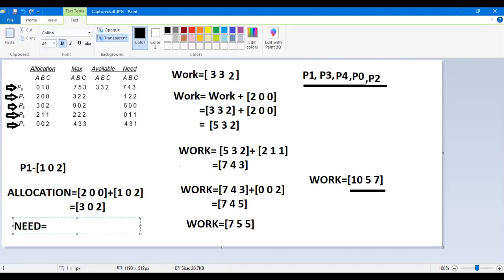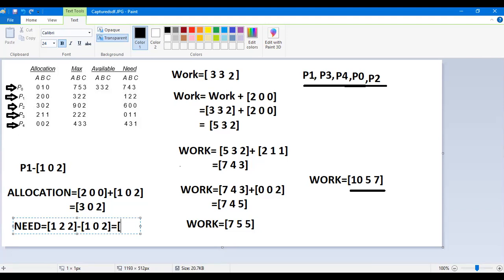Current need is 1, 2, 2, and now we are allocating 1, 0, 2. So we need to subtract these values from the need because we are already giving these values. So this should be reflected in your need matrix.